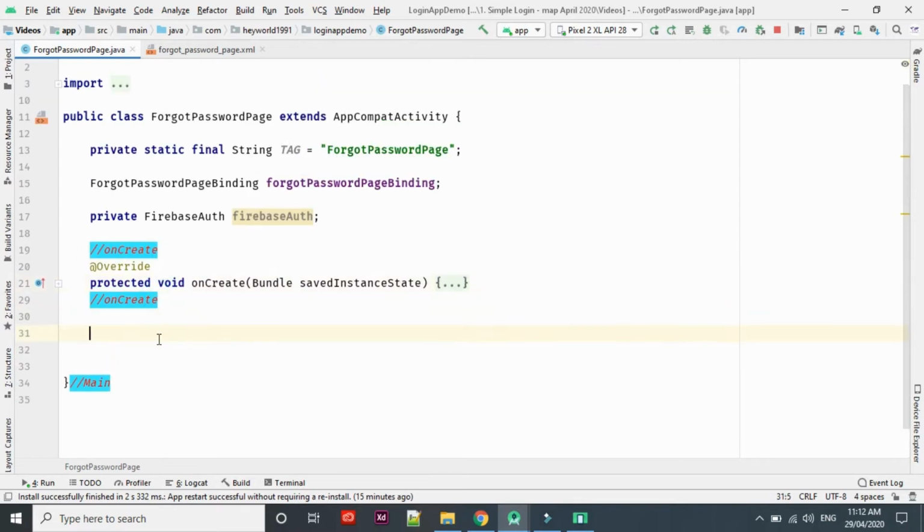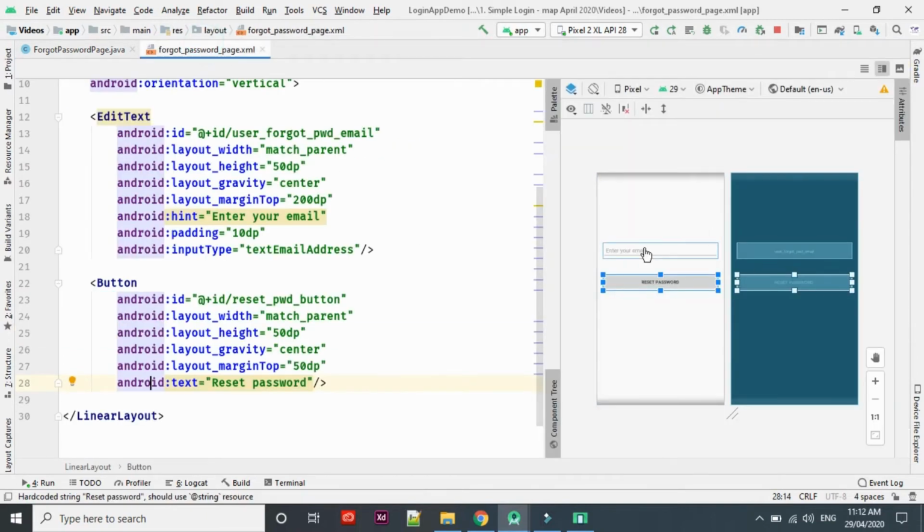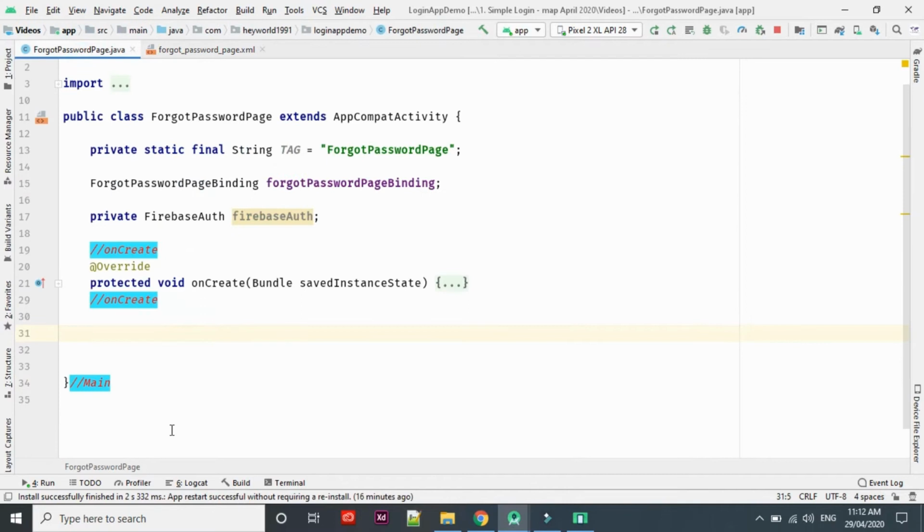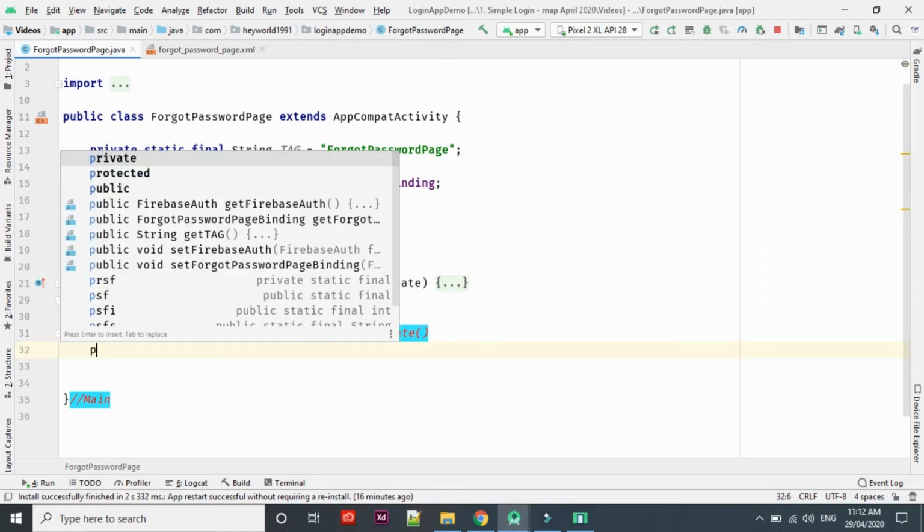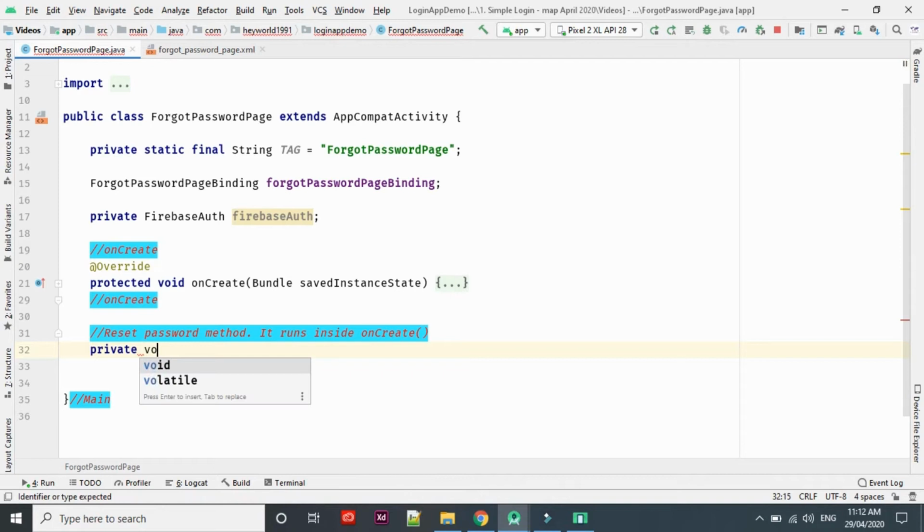Now we are going to create a method which will handle the user's information, and it will show a message or send the user an email to reset their password. So create a container, reset password method, but it's going to be used, it runs inside onCreate. So it is a private void resetPassword,